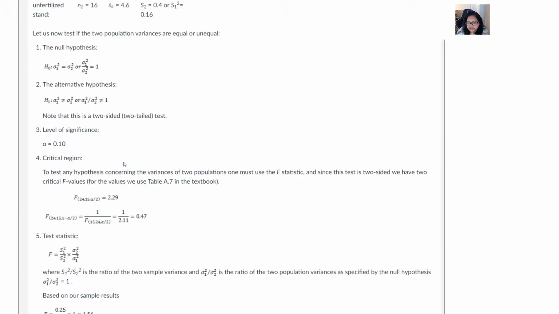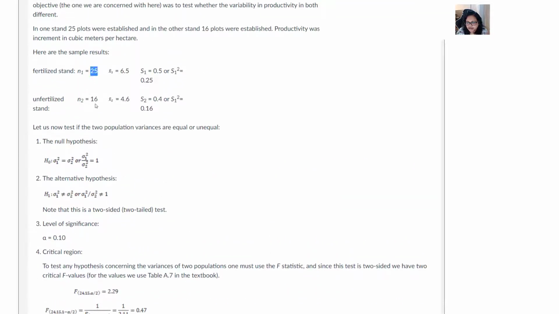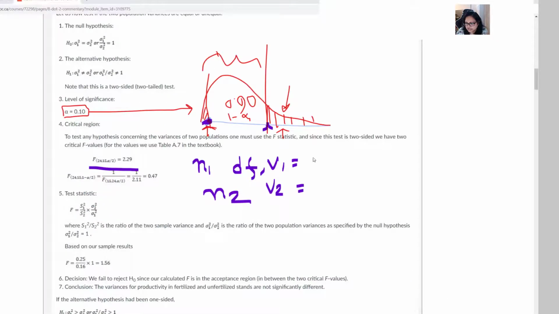In the data set you can see that the sample sizes are 25 and 16, so the degrees of freedom will be 24 and 15. In the upper region we will use 24, 15 and level of significance by 2. In our upper region the critical value would be 2.29. I will show you the degrees of freedom in the F table. And then for the lower value,